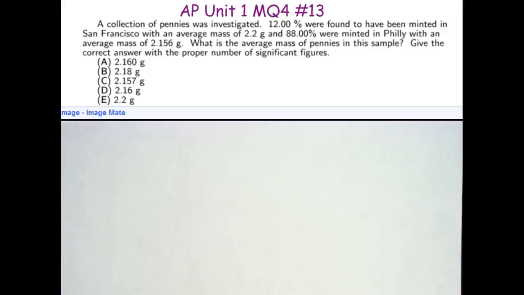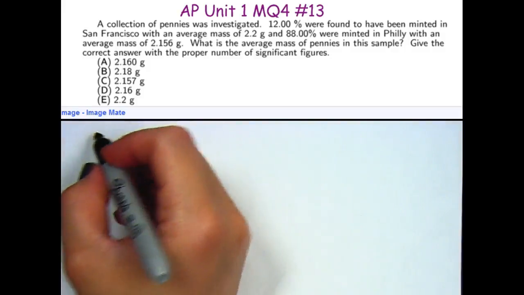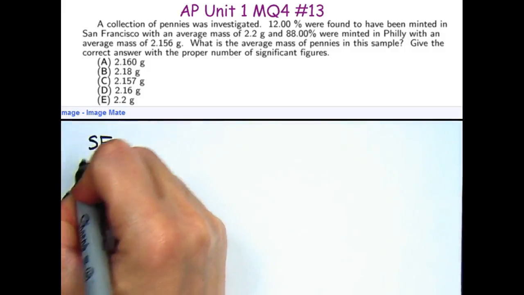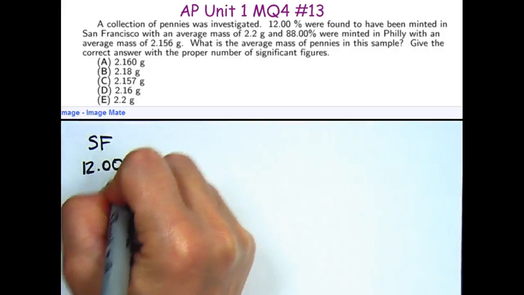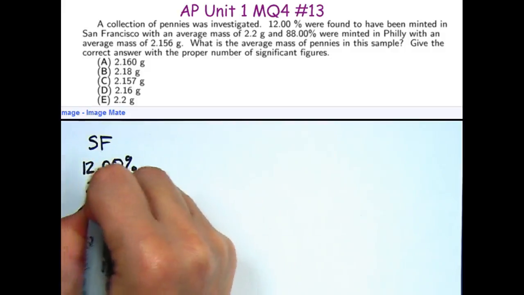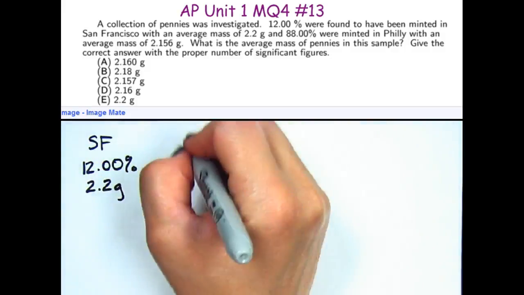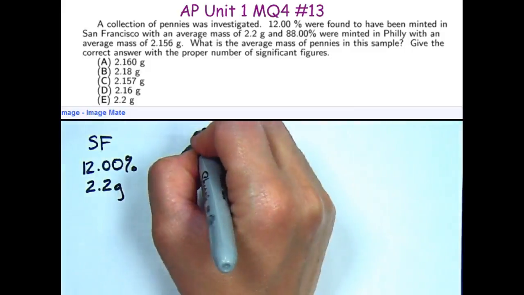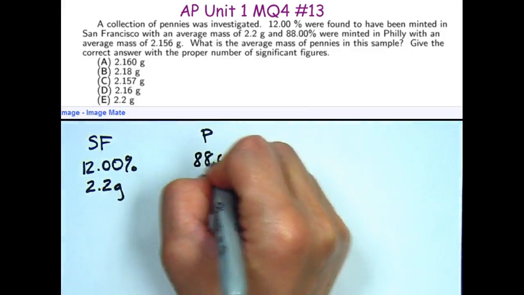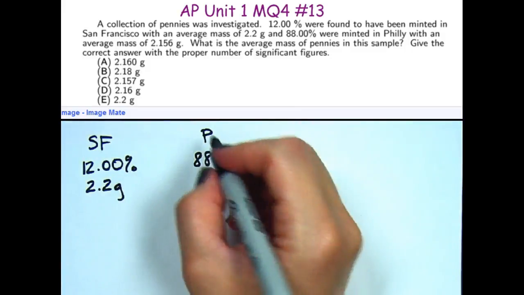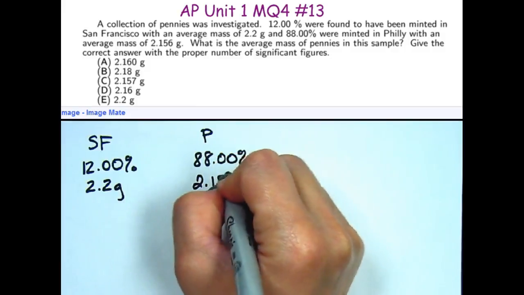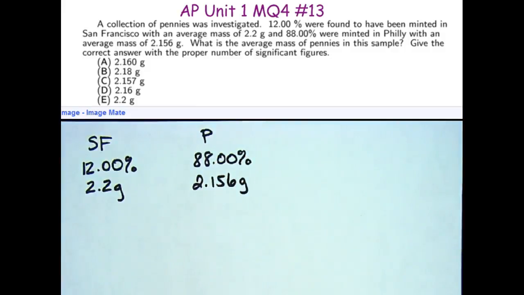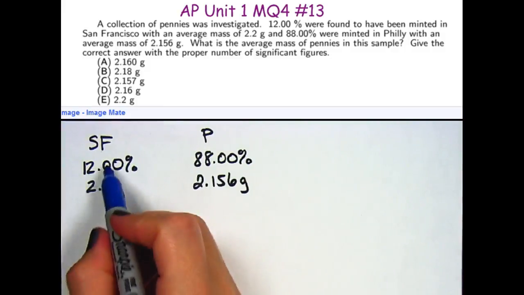A collection of pennies was investigated. 12% were found to have been minted in San Francisco with an average mass of 2.2 grams, while 88% were minted in Philly with a mass of 2.156 grams. In order to find the average mass, we have to take into account the abundance of each of